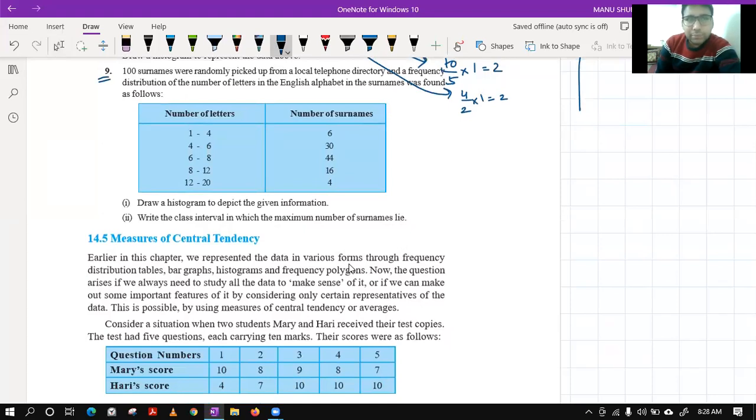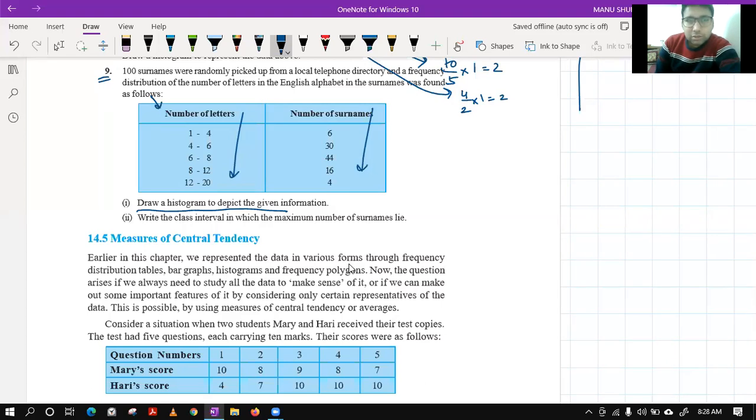Now the last one is same. 100 surnames were randomly picked up from a local telephone directory, and the frequency distribution of the number of letters in English alphabet was found as follows. So you can see this is the number of letters, this is the number of surnames. You have to draw a histogram to depict the given information. Histogram not deleted but new frequency finding and width finding. Okay,